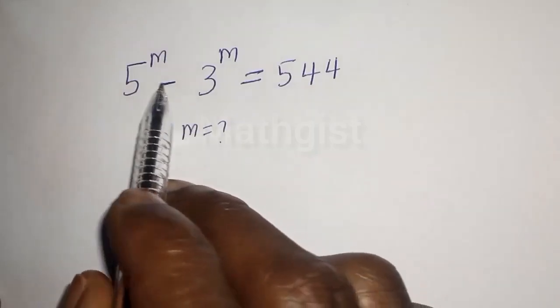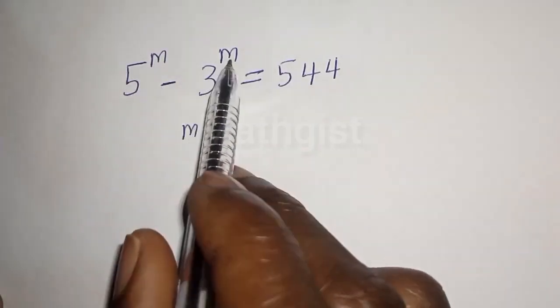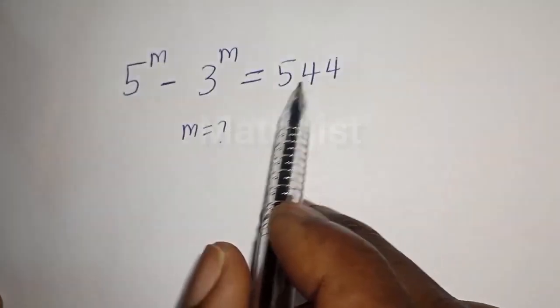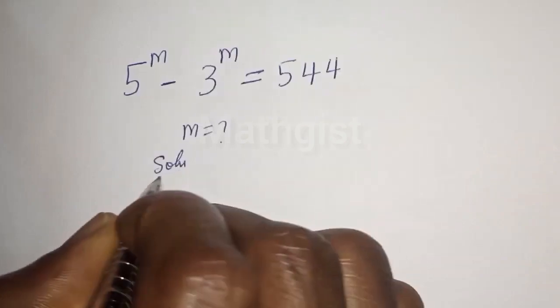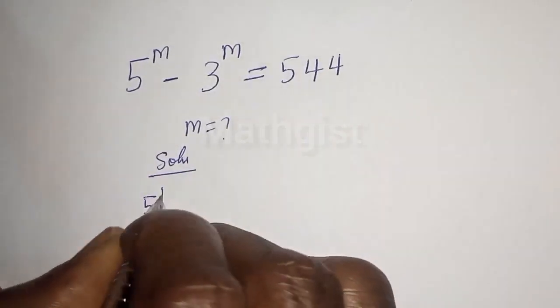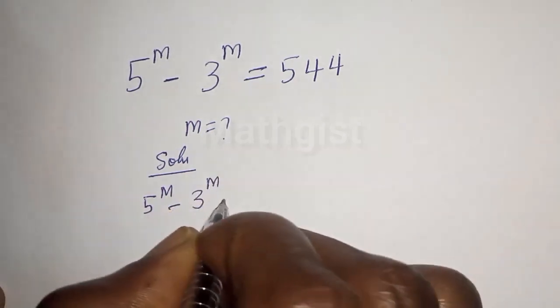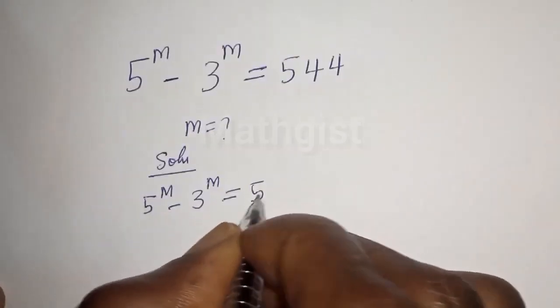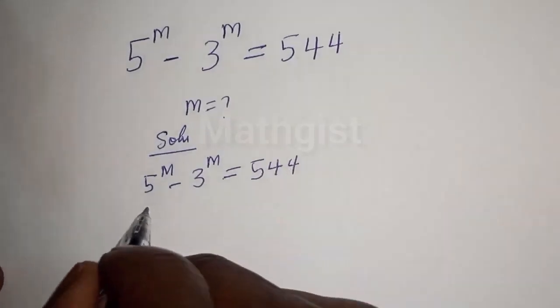How to solve for m from this nice Math Olympiad problem. 5 raised to power m minus 3 raised to power m is equal to 544. Solution. 5 raised to power m minus 3 raised to power m is equal to 544. Then from here, let